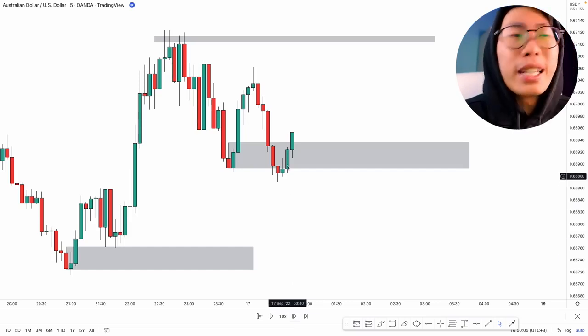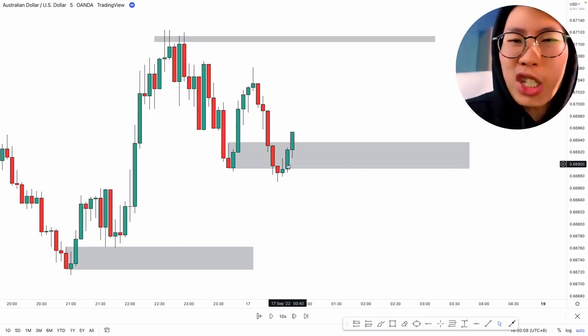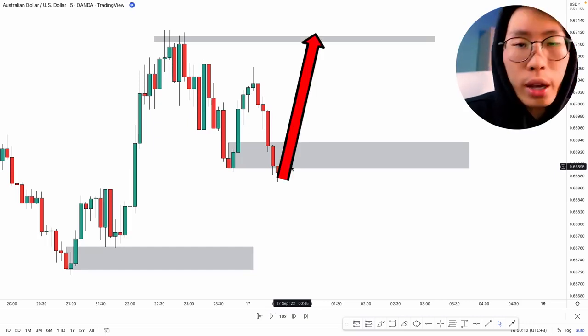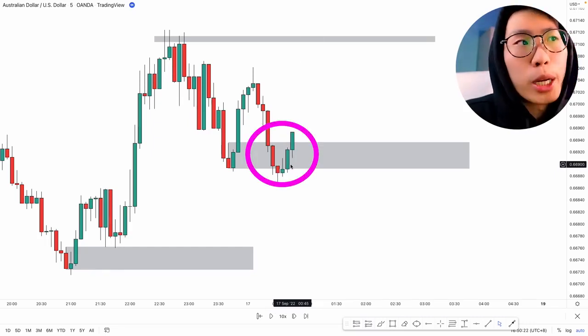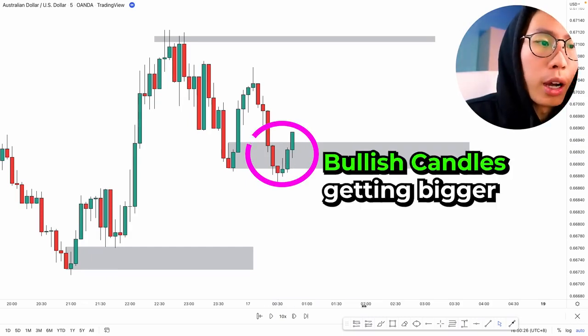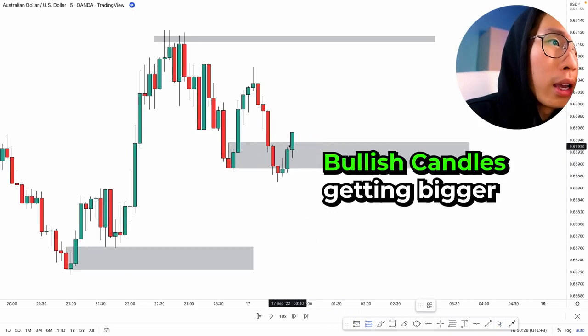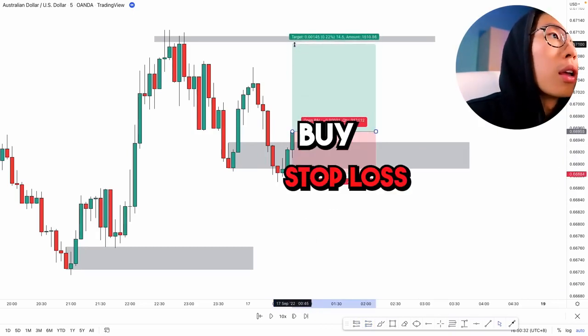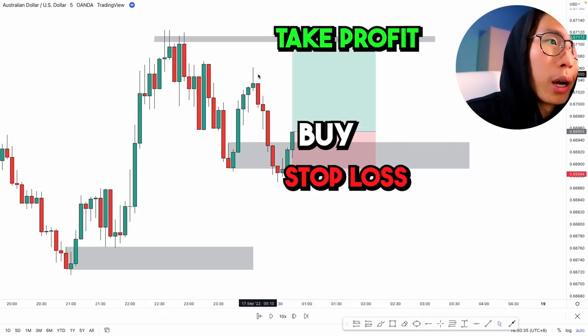So at this point, this gave us a confirmation that price is not breaking past this demand zone. This demand zone is solid and we're gonna head back up. This is the bullish confirmation that we are waiting for. You can see the green candlesticks are getting bigger and bigger. So at this point, I'll just enter for a buy somewhere right around here, place my stop loss below this demand zone, take profit at the supply area that is being formed right here, and look how this